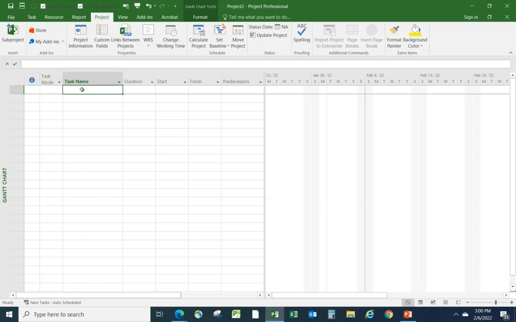Well, let's put in a task. Let's put in here a task. Let's say collect requirements. As soon as I hit enter, assuming that you've got new tasks auto-scheduled, you'll see the task will be set to 1 day question mark,